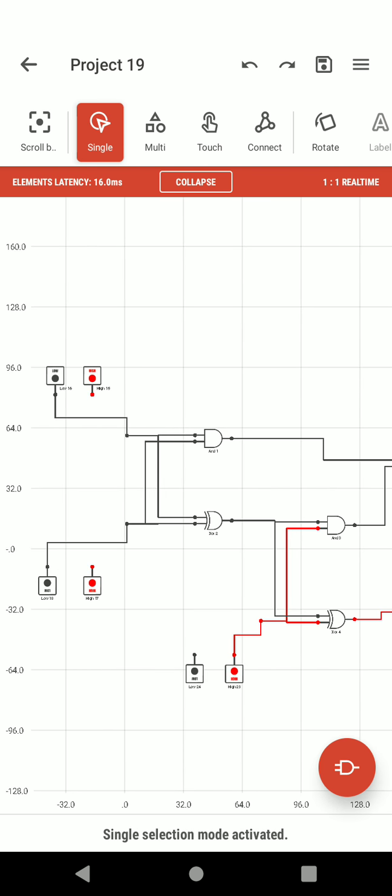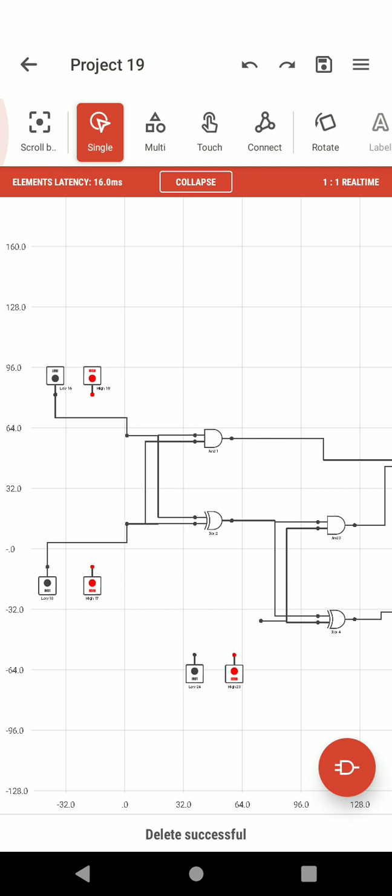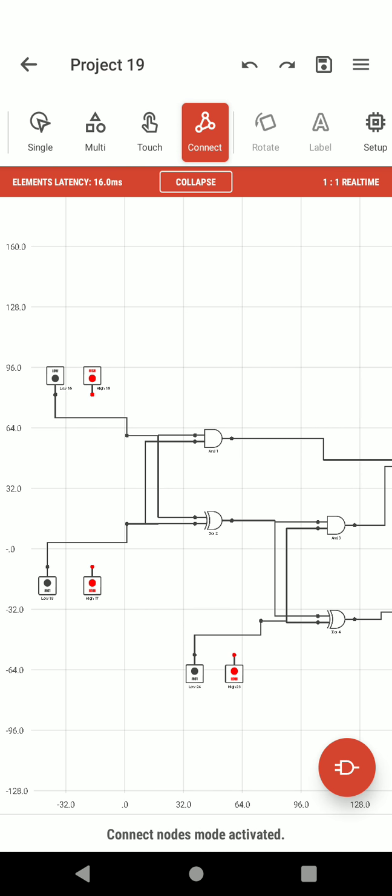In the same way we can test for A 0, B 1, C 0. For that we need to delete. So just click on this connection and delete. So now connect C to 0 and now A has to be 1. So first let's delete this connection.